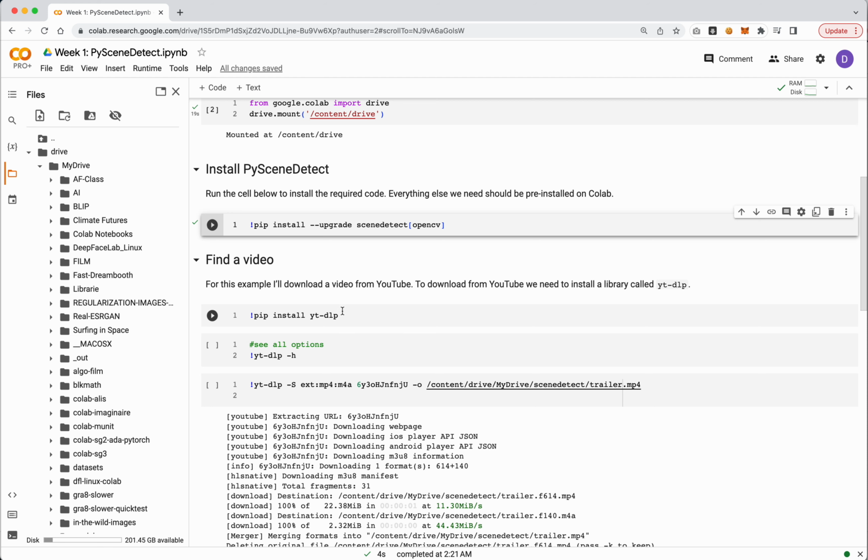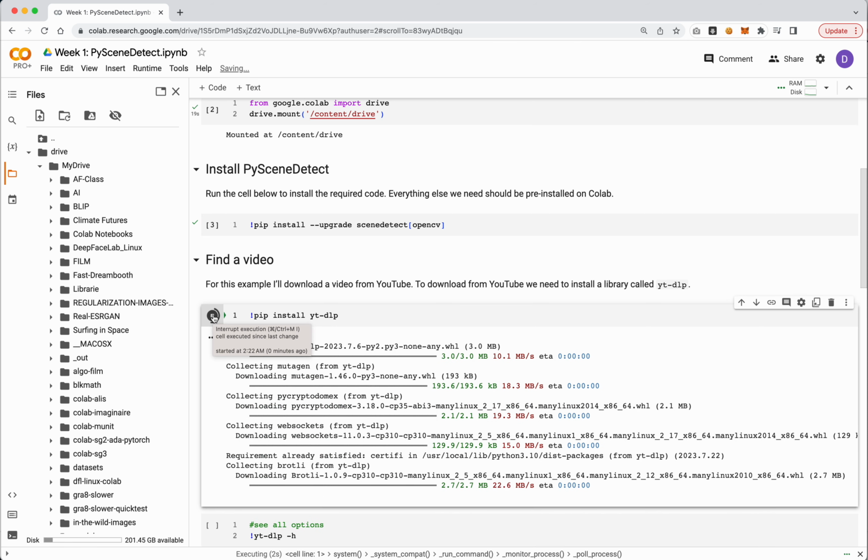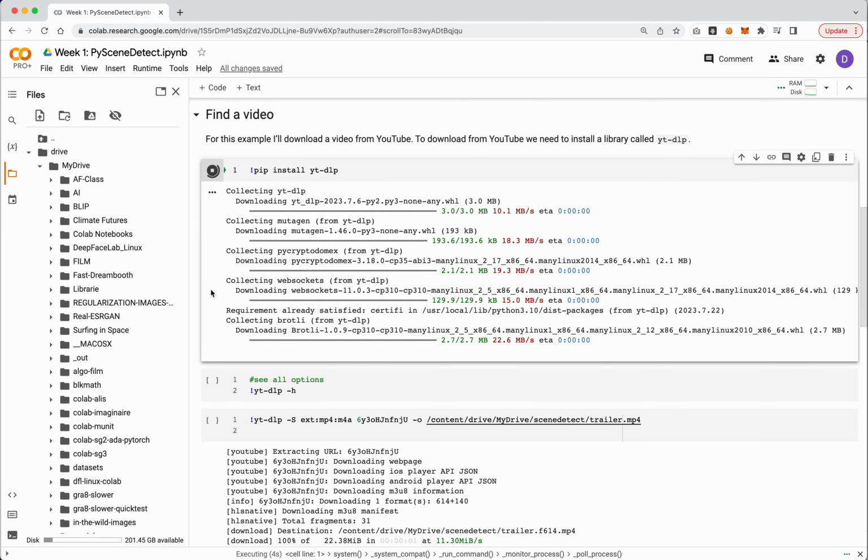Next, let's find a video. There are two options here. One is we can upload a video directly that we've either found on the internet and downloaded, or our own footage. I mentioned we would look at YouTube downloads, so we'll look at that. So we actually use YouTube DL. This is actually not YouTube DL, it's a fork of YouTube DL. It's slightly better, but whatever. This is fine. Again, we need to install this, so we're going to run this cell. It shouldn't take more than a couple seconds to run.